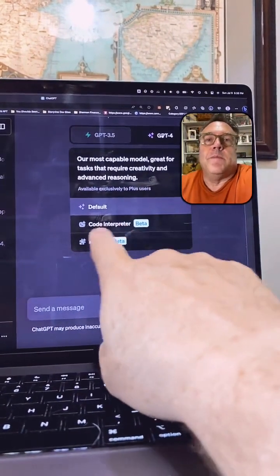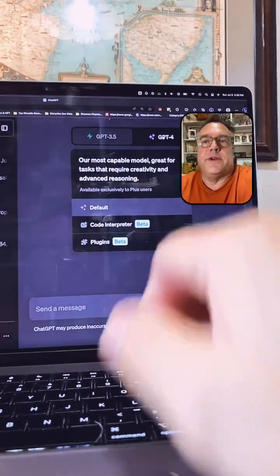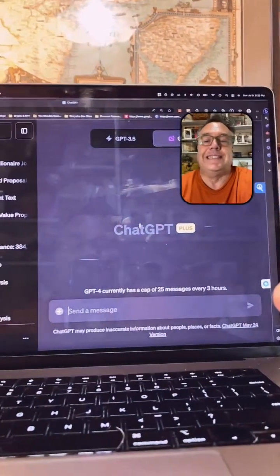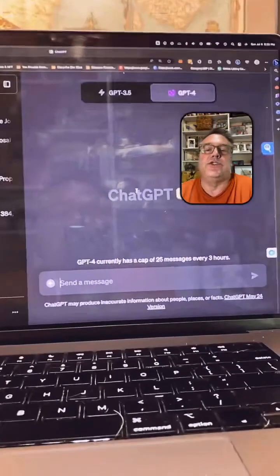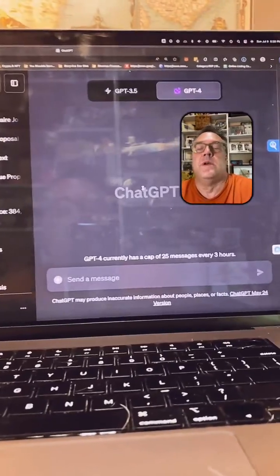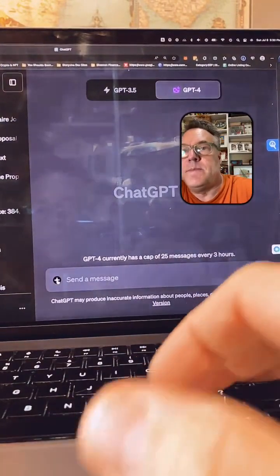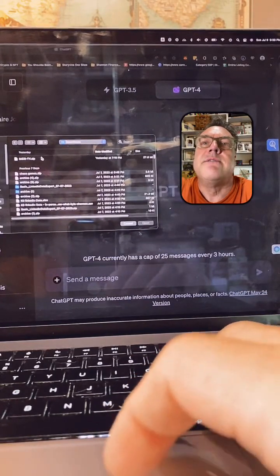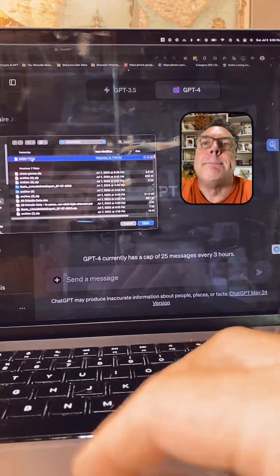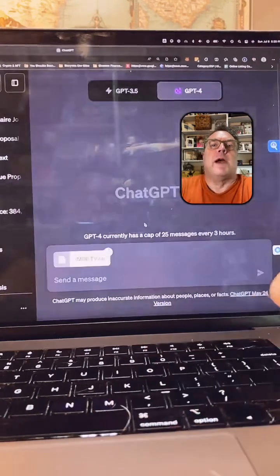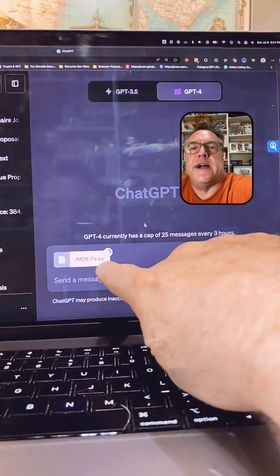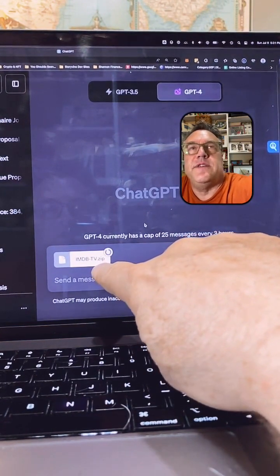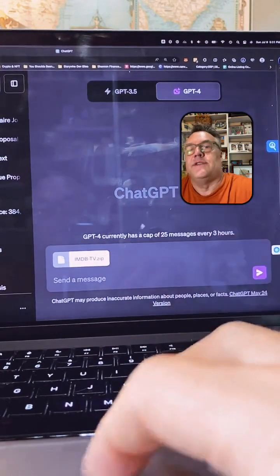It'll come back. Okay. What Code Interpreter allows you to do is upload files up to 100 megabytes in size, and then it starts to do things with them. So I'm going to say plus here for upload. Oh, this is good. Okay. So this is a zip file, and in this zip file is a CSV file from IMDb about television shows.